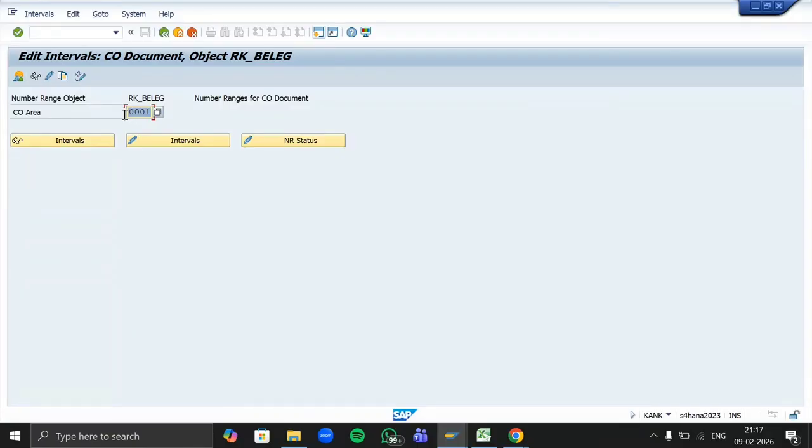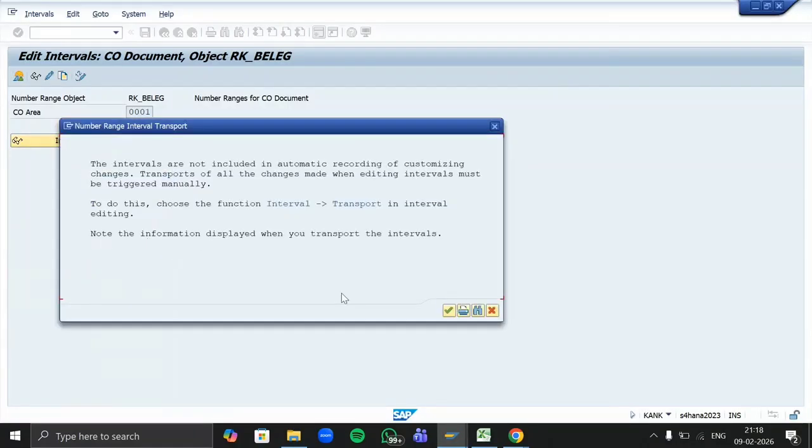Then click on copy. Here is a copy icon, click on it. So we are copying the data from our controlling area 0001 to our controlling area TG01, and click OK.